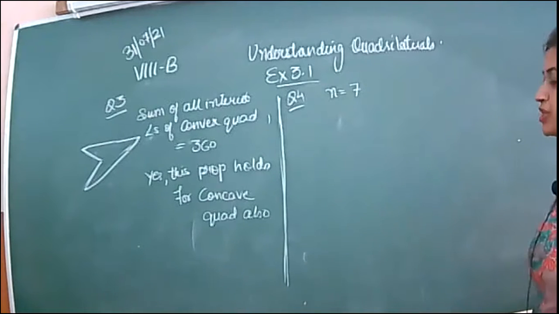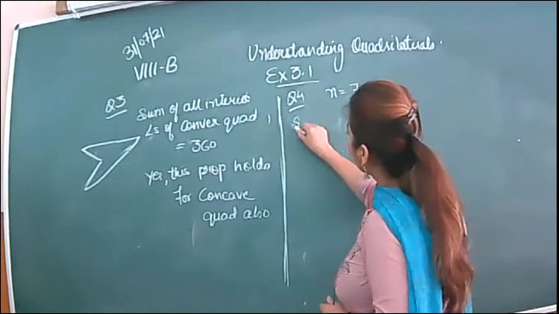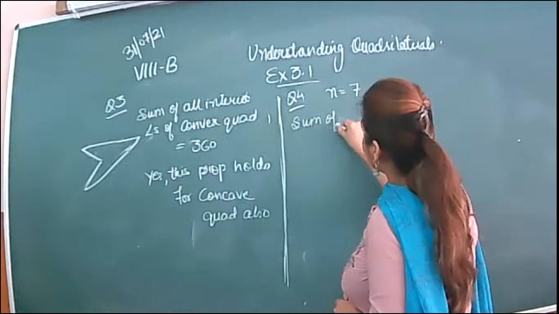In the next question, you have number of sides 7. You have to get the sum of the interior angles of the convex polygon with the number of sides 7. What is the sum of